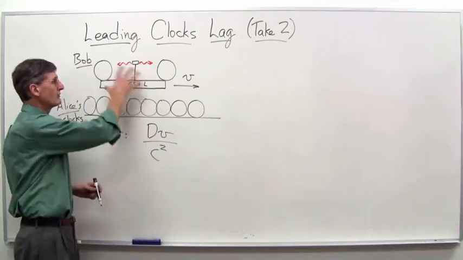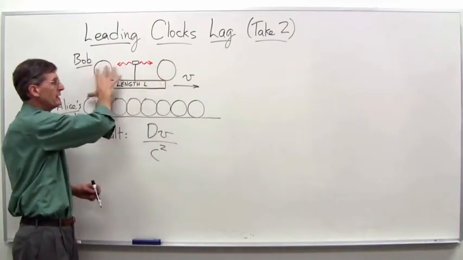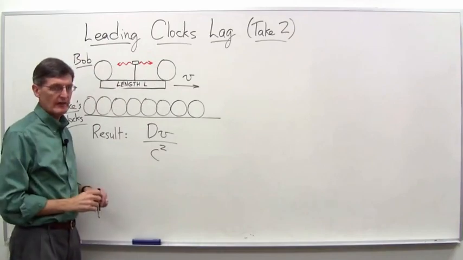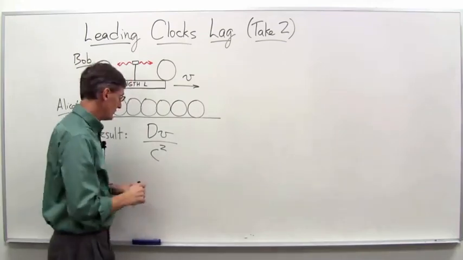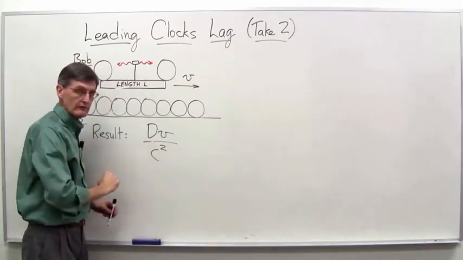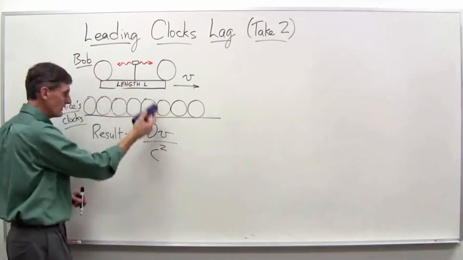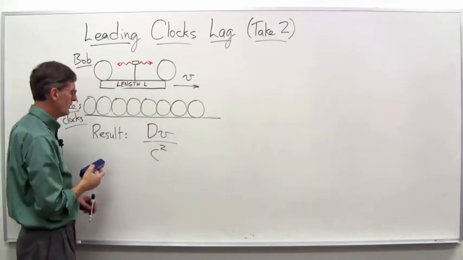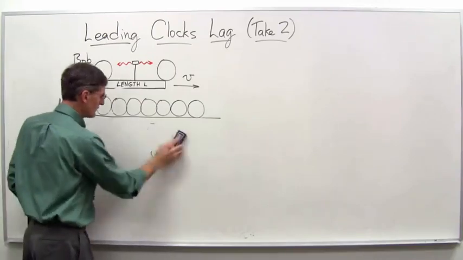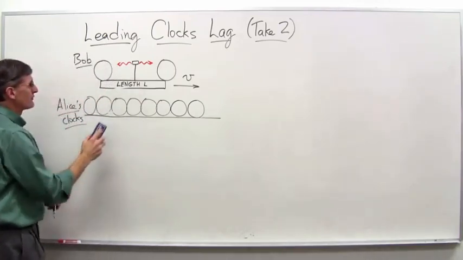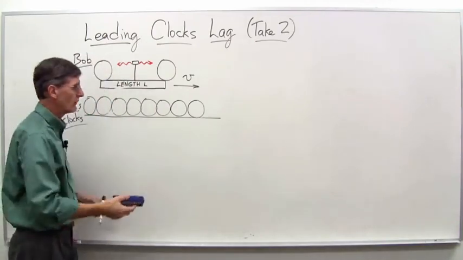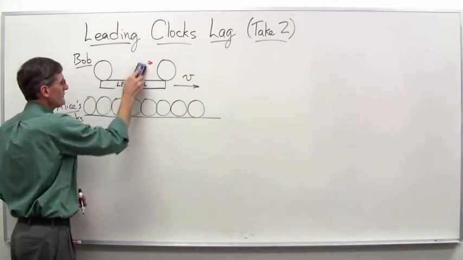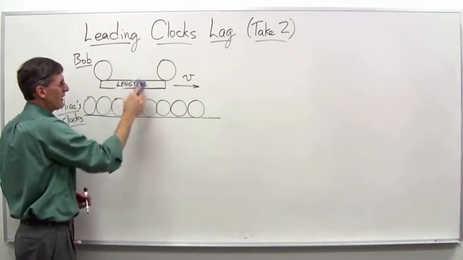So we don't always have to go back to first principles and basic situations to get an answer that we might want. So let's see if we can apply the Lorentz transformation to this situation and get our dv over c squared result, or Lv if we're using the length L for the spaceship here. So let's just modify this slightly. We're not going to use the light beams anymore here, or the photons if you want to call them that. We're just going to look at Bob's ship,